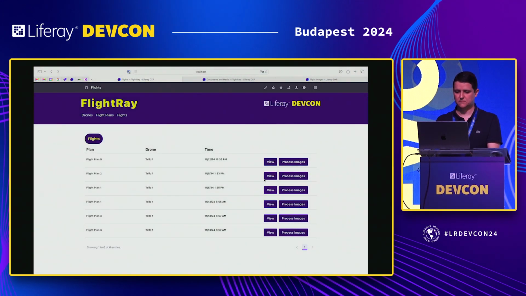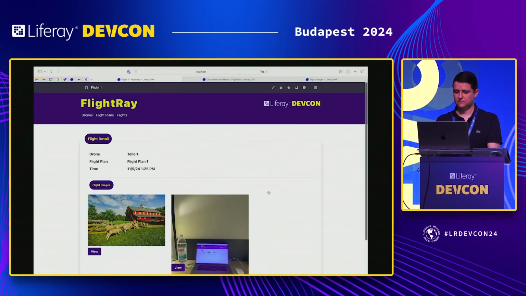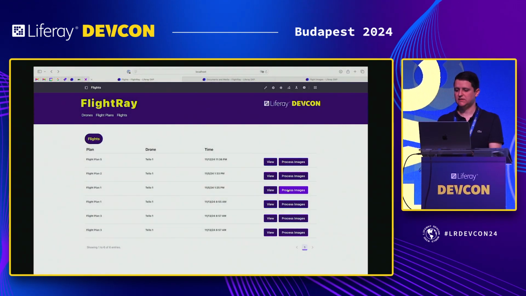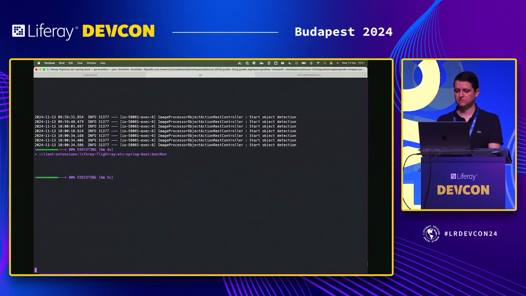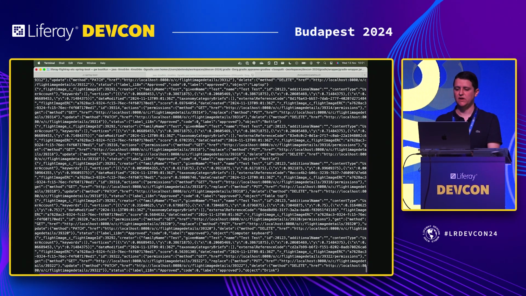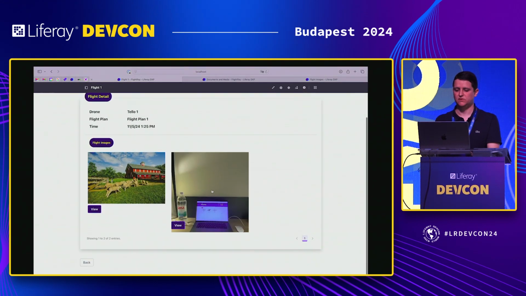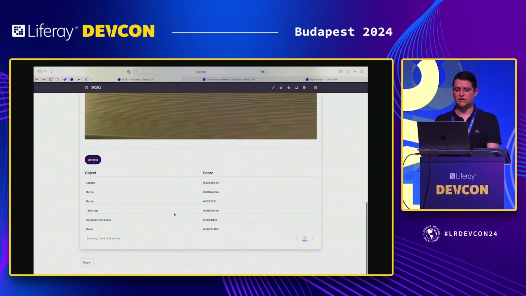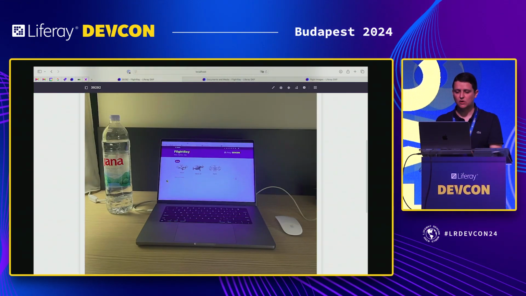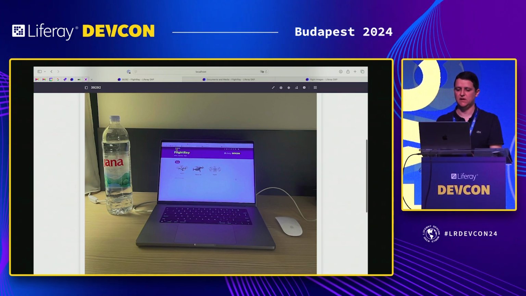No. Here. Okay, so I will submit again the process images. And then we have results, because the image quality is better. So here, when we click here, we can see the laptop, the table, the tabletop, the computer keyboard. So Google Cloud Vision returned for us all details that we have on this image.